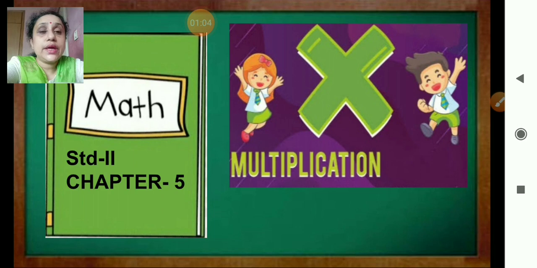What will we start today? Multiplication. You can see here, and you know what is the sign of multiplication? X. Okay. So for multiplication, what do you need? What do you have to learn? You have to learn the tables. Multiplication tables you have to learn. Then only you can answer quickly and correctly. Okay? So shall we start? You all are ready? Okay.